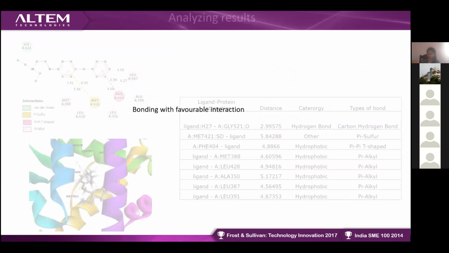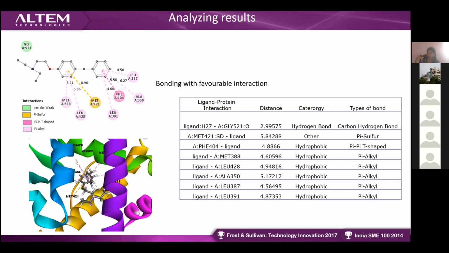And how will you analyze the result? Once you have got the histogram and those things, you can analyze in depth through your receptor ligand interaction. For example, this is your atom and your compound ligand, and here you have your protein structure, that is your amino acid residues. You can see the interaction between the atom and the amino acid residue, what the distance between the residue and ligand is, and what type of bond has been formed, whether it is a hydrogen bond, a hydrophobic bond, or what other types of bonds are available. You can look at this interaction by analyzing the results.